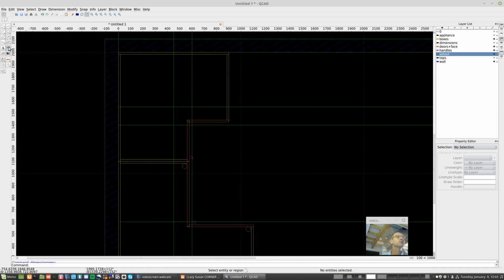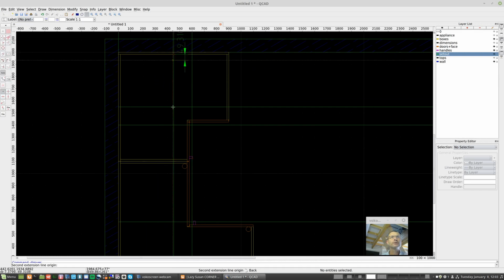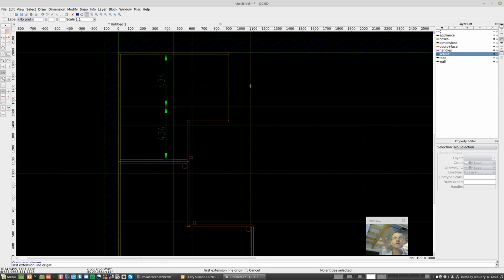Now I'll explain why. We'll get our dimensions. I'll leave this on the set out layer because it's kind of a throwaway. So from there to the inside of the cabinet is 434, which is about half what you have inside. Let's just try the other side. 434, look at that. So the 150mm both ways is actually an essential dimension. That's not an option for us because that's what is in the middle of that cabinet. So that design that they've done there, centered 150mm both ways. Now just draw a circle so it makes sense. So here's our pivot point